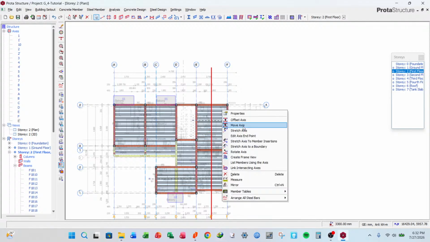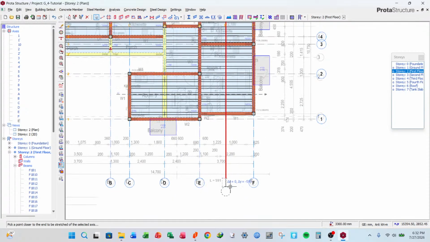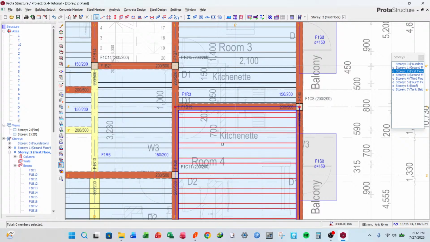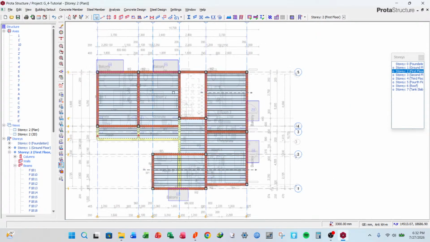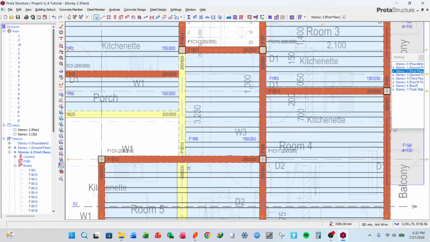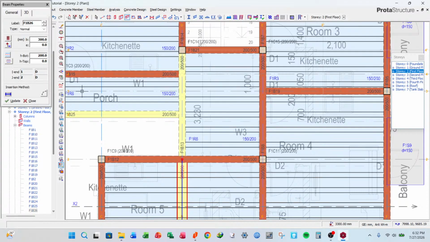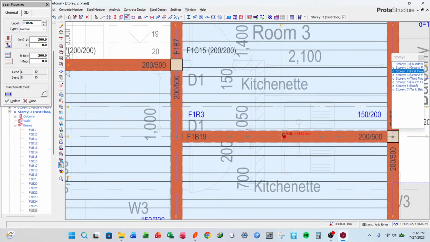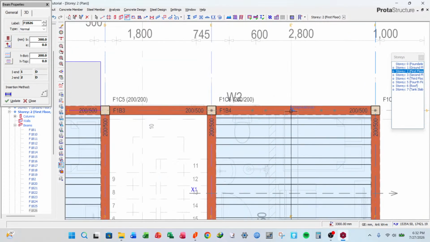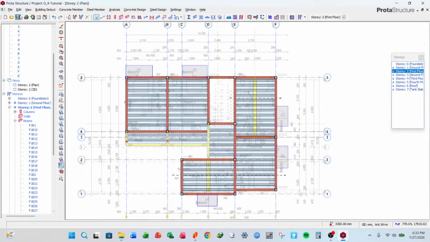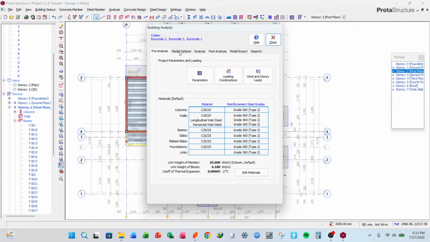Okay, I'll stretch it from there to here. Okay, so we are going to transfer the same properties in this slab. Okay, so now let's go back and run our analysis. Also, but before that,